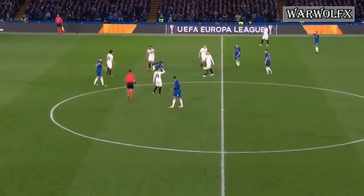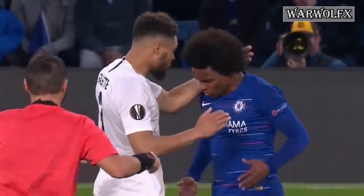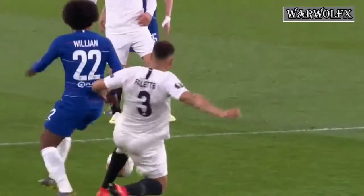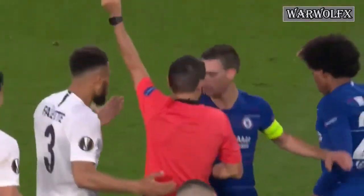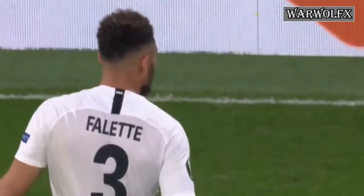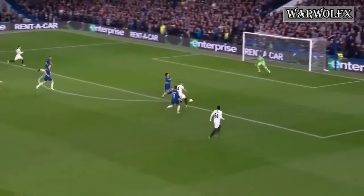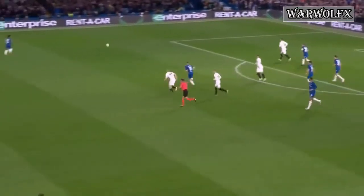Strong from Fillet and too strong on Willian, who didn't like that challenge at all from the Guinea international. The Romanian referee quickly across. Yellow card to Fillet. Absolutely right decision from the referee. This is a poor challenge from Fillet, right through the back, down his Achilles, down his calf, and then the follow through as well. Gino has got Kostic away to the left. He's tried to feed Rebic instead. David Luiz was the one who...